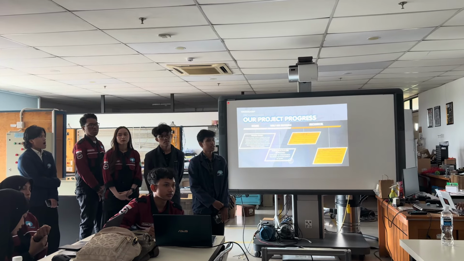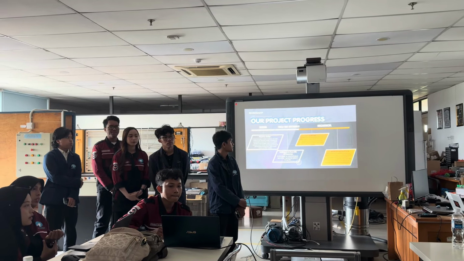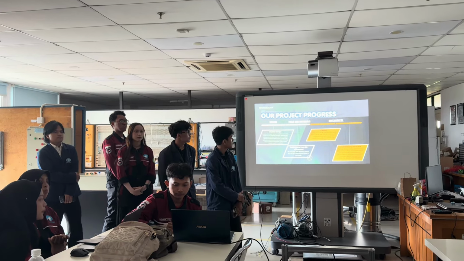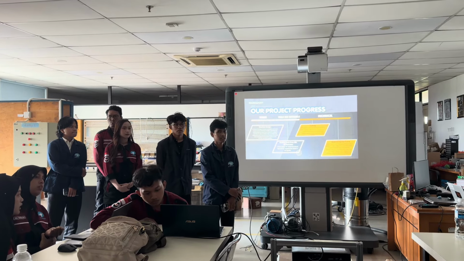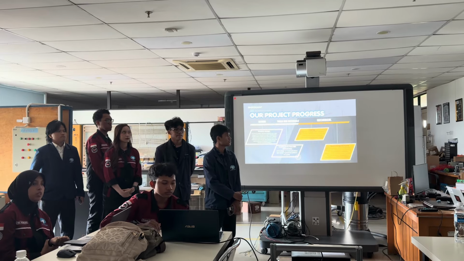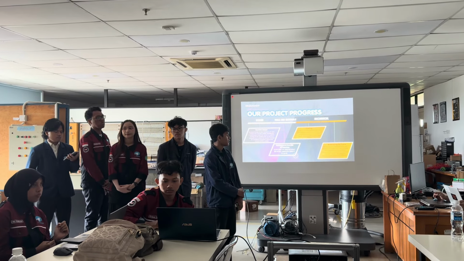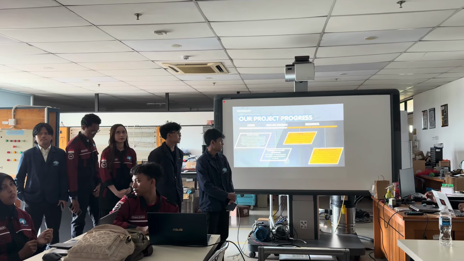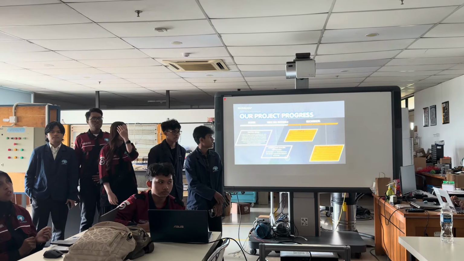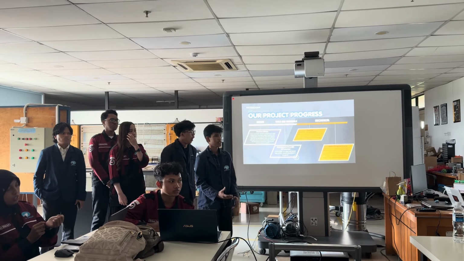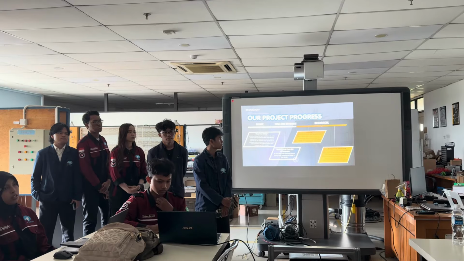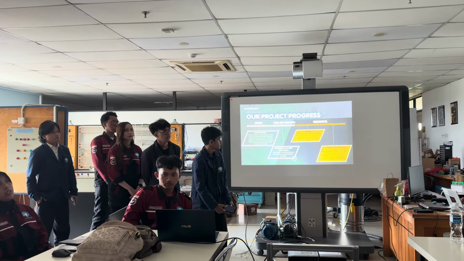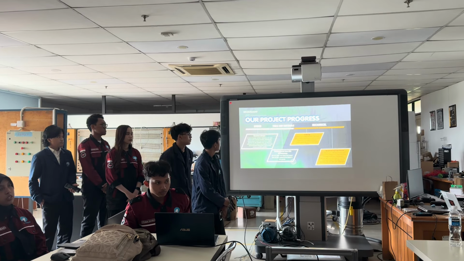For the mechanical, we divide it into two processes. The first is cutting. During cutting, we use laser cutting for the base structure and also for the control box. The next is assembly. After the laser cutting process, we assemble the frame, like the control box, and also assemble the omega rail on the base structure. Maybe that's all for our progress.